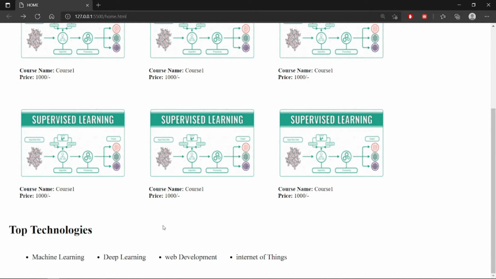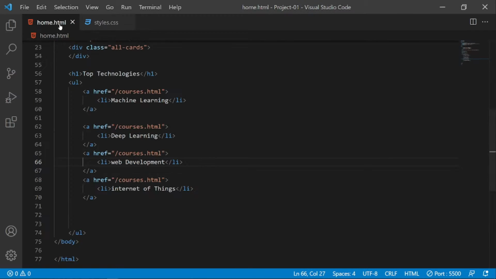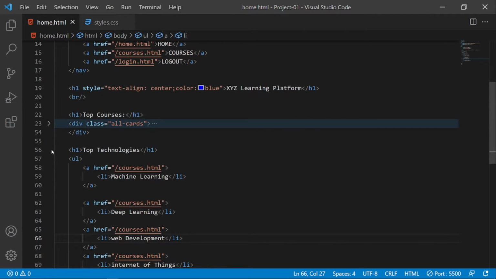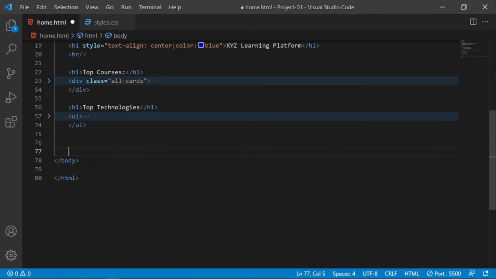And now, till now we have seen how to add the images, how to add the hyperlinks, as well as how to add the list, another list, and order list. And now we'll add tables to our page, that is paid courses and free courses. Okay, now we'll go to our HTML file, that is home page. I'll also minimize it. Now below the another list, first we'll add a div here.